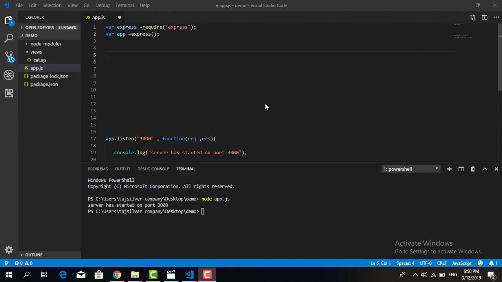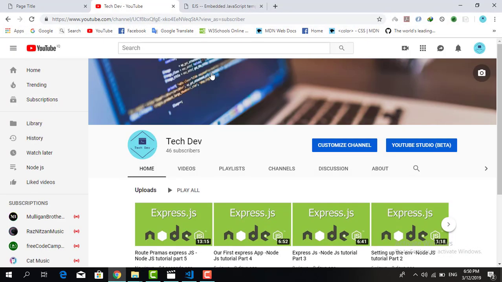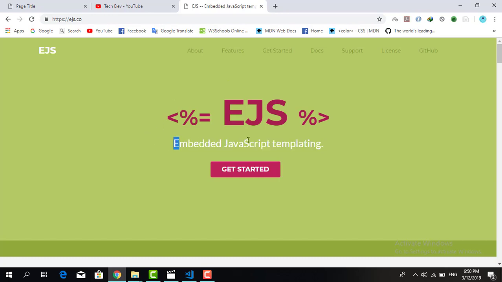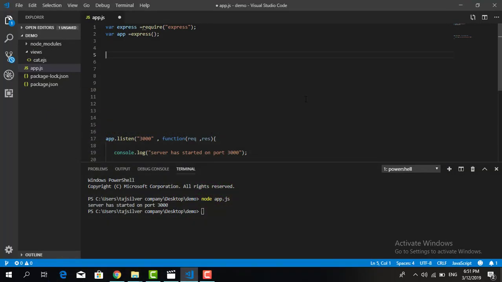Today's video is going to be about EJS, embedded JavaScript, which is embedded JavaScript templating. What EJS is, it allows us to render HTML files in Node.js. So first of all, in order for us